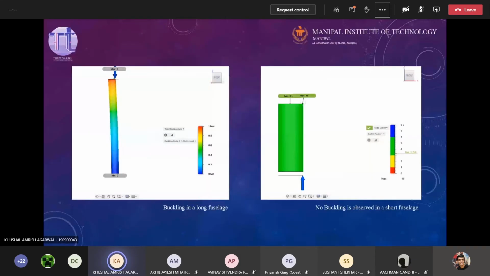So here you can see these are two body tubes. They have the same diameter and just the lengths are different, and the forces that have been applied on both of them are exactly the same. Now you can evidently see how much a longer tube buckles compared to a shorter one. This one almost doesn't buckle at all, and you can see how much displacement the longer tube has. So this is one of the main reasons that we don't use a single body tube.